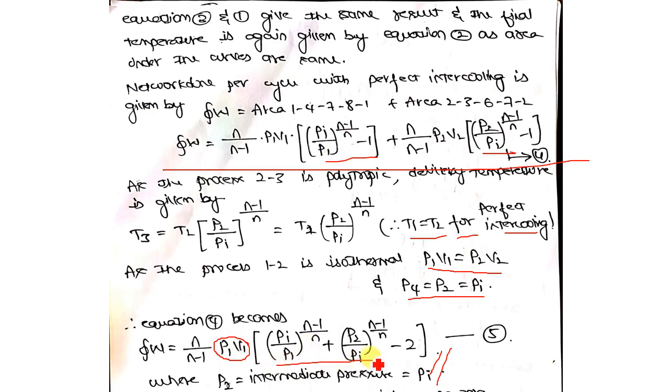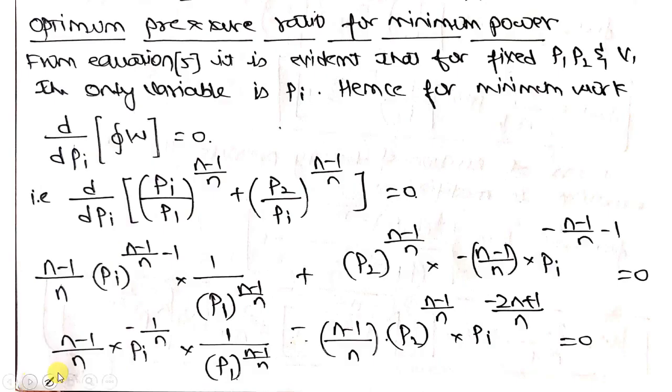After this, we need to understand, we have just discussed a while ago that the only influencer for the work input is your intermediate pressure, not the output pressure which is P2, not the input pressure which is P1. The only influencer for the work input is your Pi. So you have to differentiate the work done expression, the work input expression of a multi-stage compressor, with respect to Pi, so that you will get to the condition of the minimum work input.